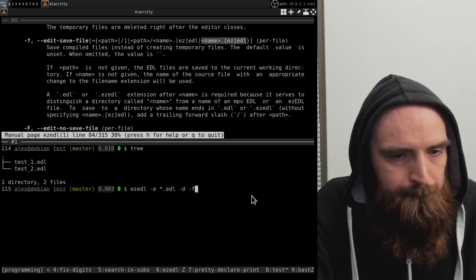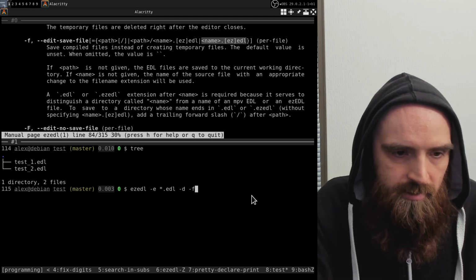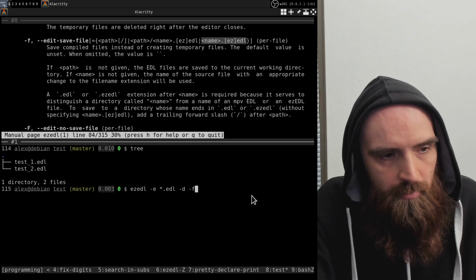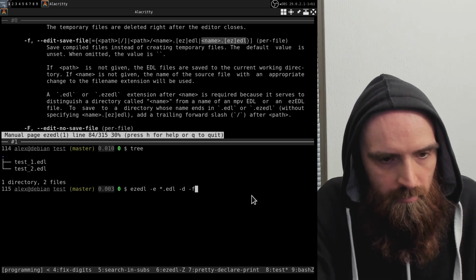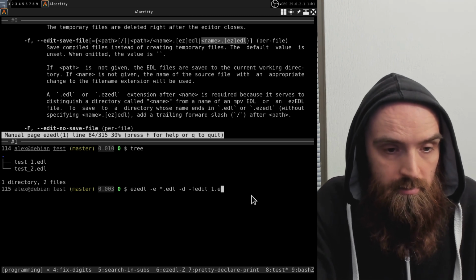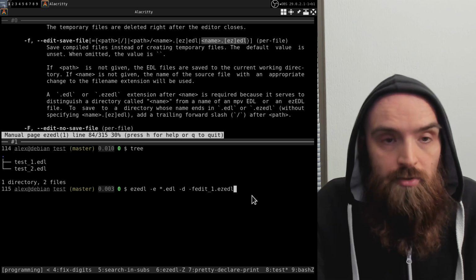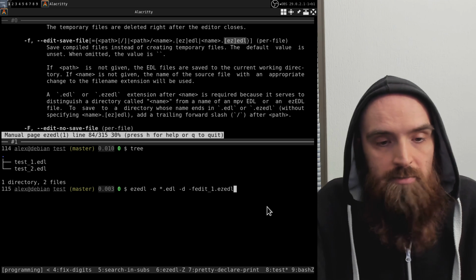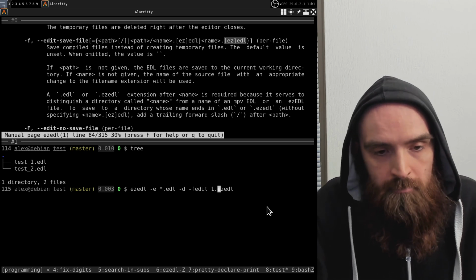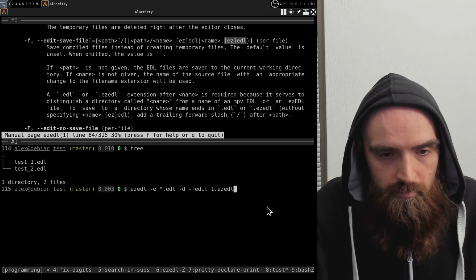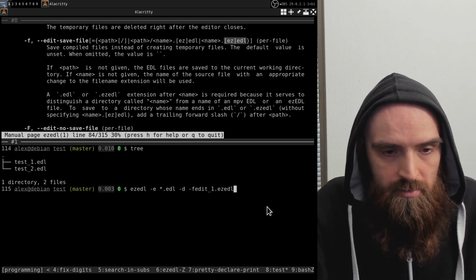So instead of calling it test1, maybe I want to call it edit1.ezEDL. To specify the name, you have to put ezEDL there, the extension, because that's how it is able to tell that this is a file name. So if I do this, then this will actually